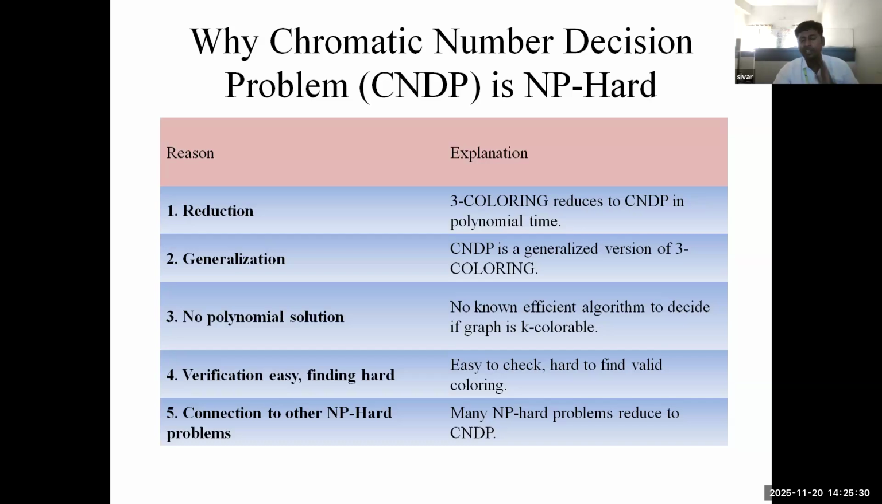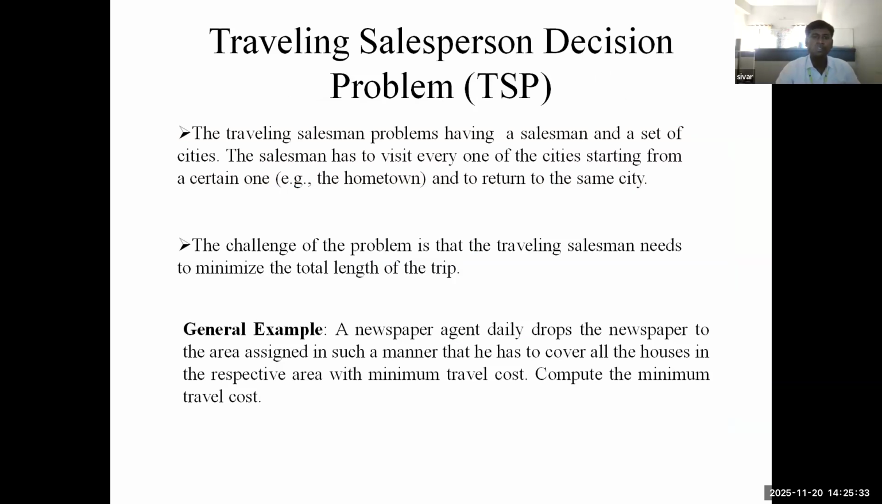That's why you can say that the chromatic number problem, or graph coloring, is an NP-hard problem. Next one is the traveling salesperson problem. What does the traveling salesperson problem mean? It has two things: first, a salesman, and second, a set of cities. The condition is that the salesman has to visit every one of the cities, starting from a hometown and returning